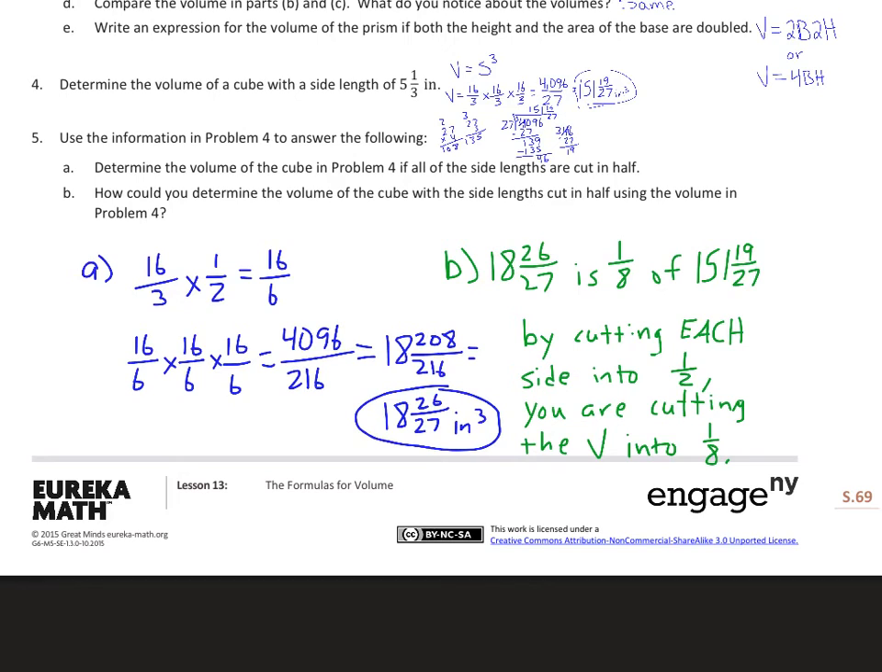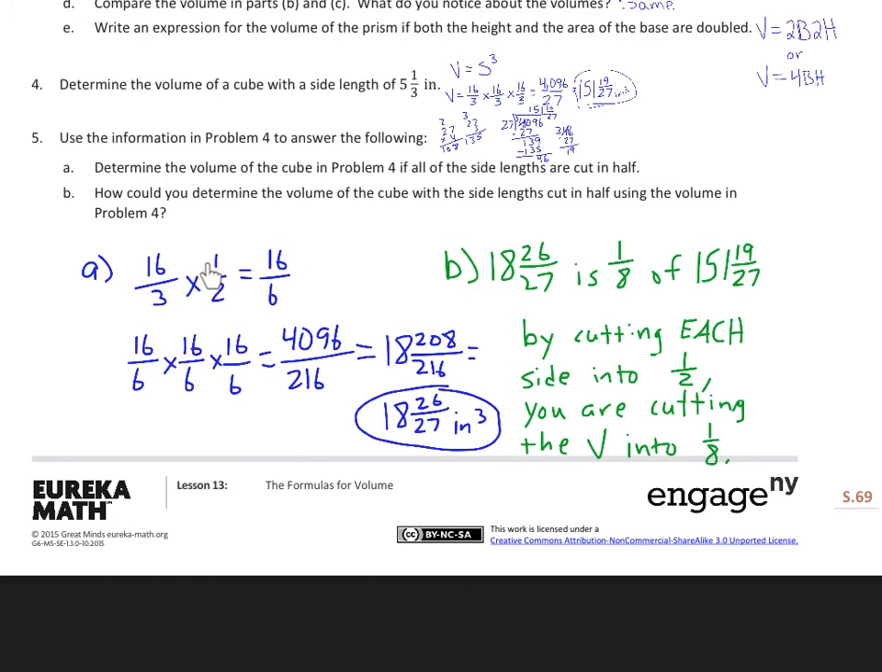there's an A and a B. And this one took a little more time to kind of break down. But I did the 16 thirds, which is the length of a side, and I multiplied it by a half, which is cutting it into 2 pieces, right? Dividing it by 2, because it says are cut in half. And so that gives you 16/6, which in turn actually cuts the volume by an eighth, which leads me to